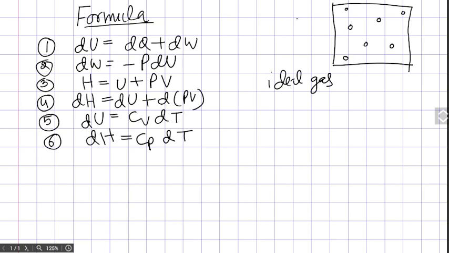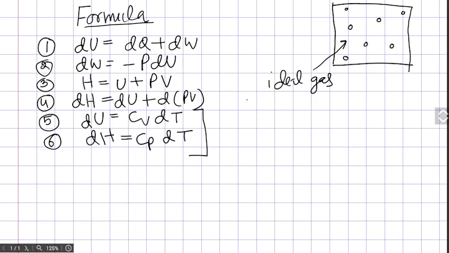Or you can say that pressure is very small, volume is big. In that case, molecules will be very much far apart from each other. So if you are dealing with ideal gas, then these two formulas you can use in all types